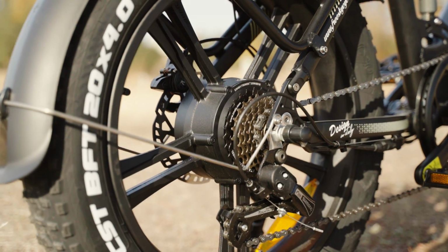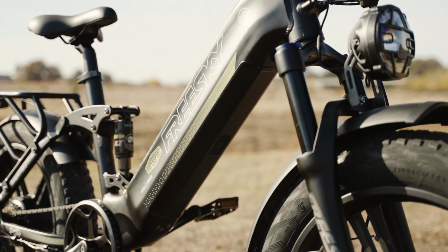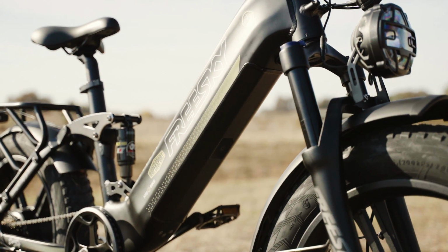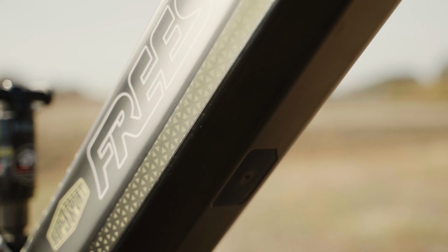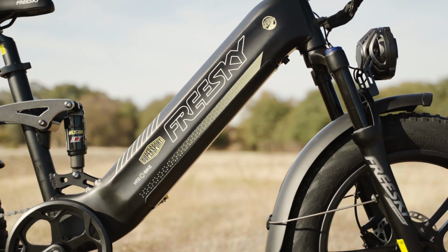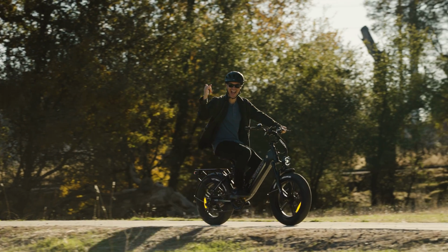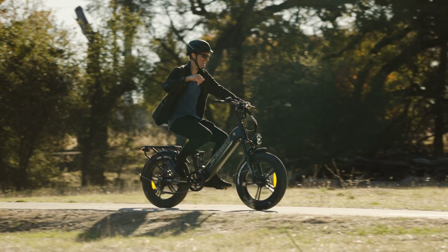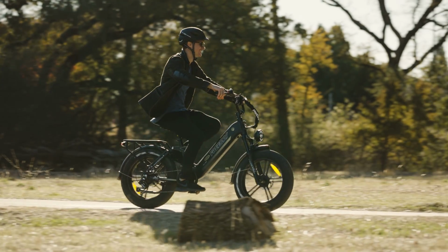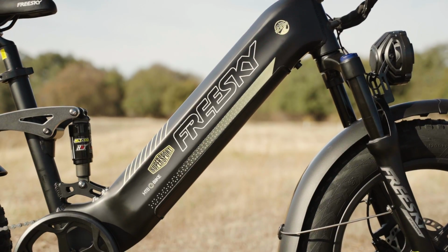Very nice. The 48-volt, 15-amp-hour locking removable battery is located inside the Rocky Step-Thru's main tube, keeping this frame looking clean and also keeping the battery clean too. 15 amp-hours of juice gives the Rocky Step-Thru a max estimated range of 80 miles according to Freesky, which sounds great, but given real-world testing and riding conditions, we're guessing it will likely be closer to around 50 miles, even